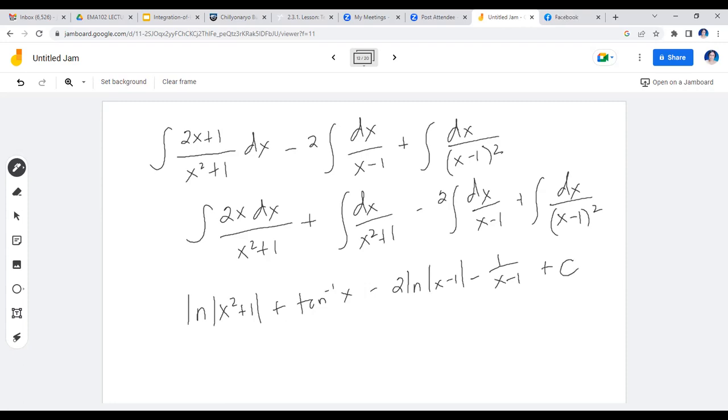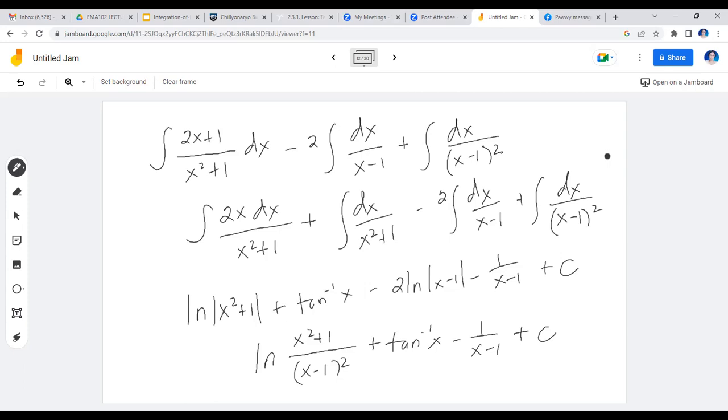Plus C. If you intend to simplify by combining the ln's here, and you have subtraction, it would be ln of, so you have subtraction, so you have x squared plus 1 on top. This negative will be written here in the denominator, x minus 1 squared. The 2 came from in here in the coefficient. Then you have plus the arctan of x minus 1 over x minus 1 plus c. So this is the answer to the very long